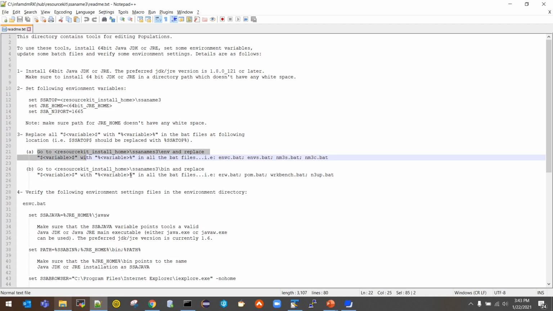I go to the next step by doing the same in each of these batch files present in the bin folder, SSA name3 bin folder.